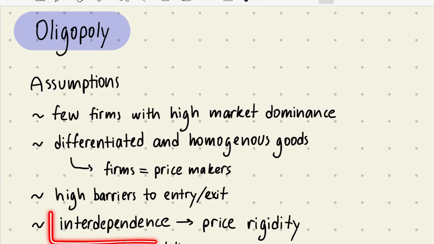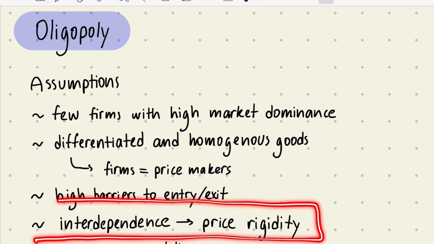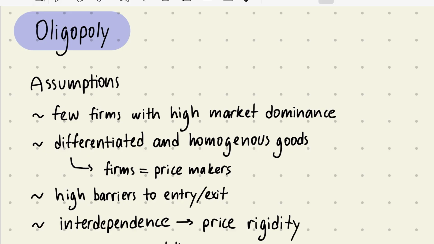So there's an interdependence of actions of firms. So firms are aware of one another in this market. And the actions of firm A influence the actions of firm B and vice versa. And so this leads to a lot of different scenarios where firms don't just compete on price, but also have non-price competition. I hope this also sort of set a precedent for what sort of things you should be asking yourself when you see oligopoly questions, because